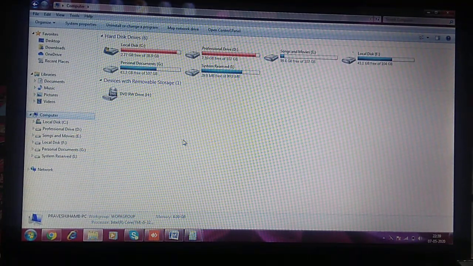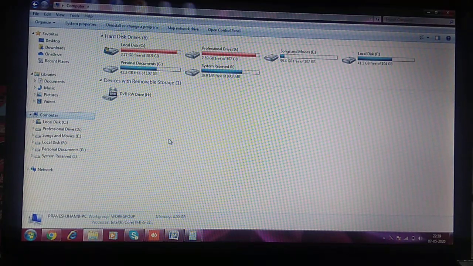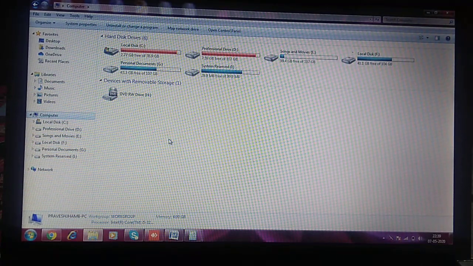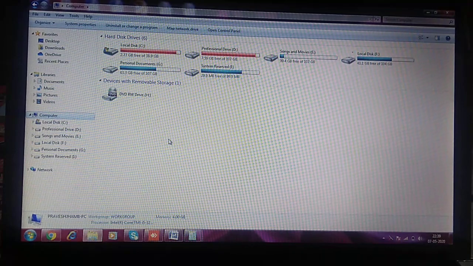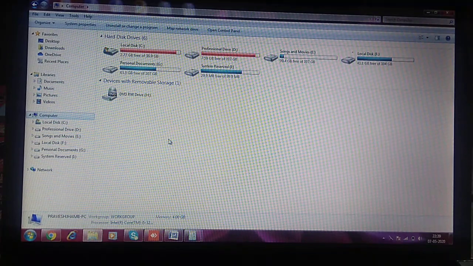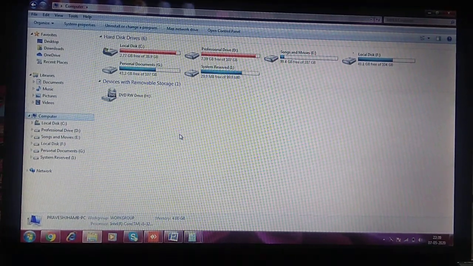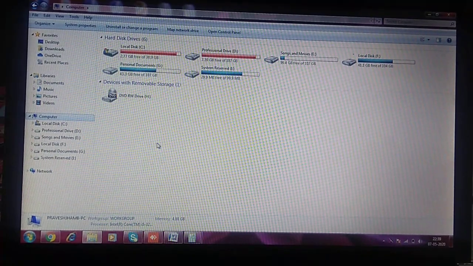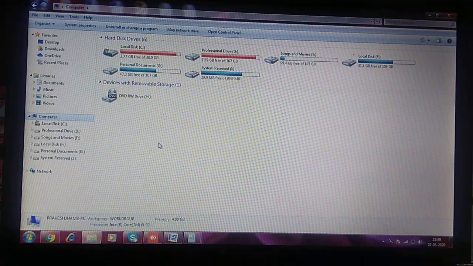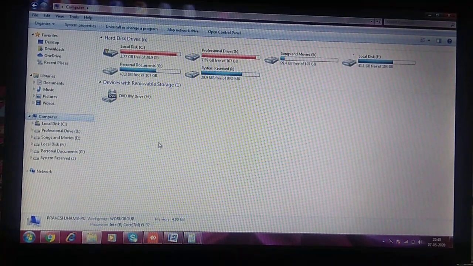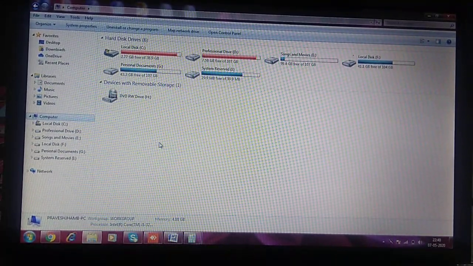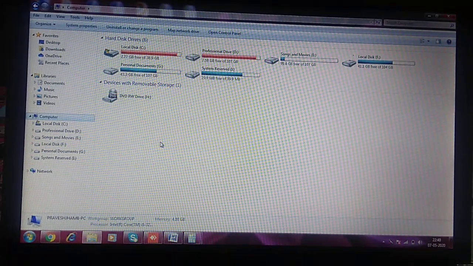So mainly today we have to study what the file formats are. Each and every file that we store in the computer may be a text document, an image file, a presentation, etc. Each file has a different file format, meaning each file has a different extension. What is an extension? With the help of the extension we can recognize which type of file it is.